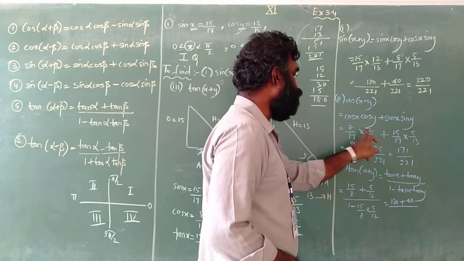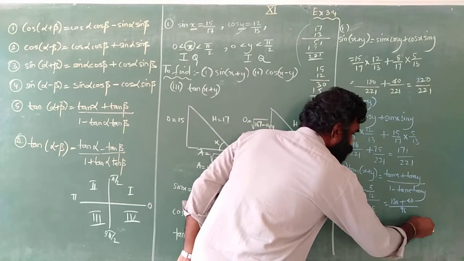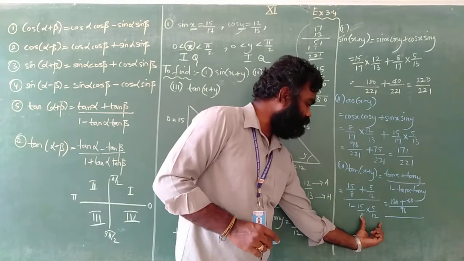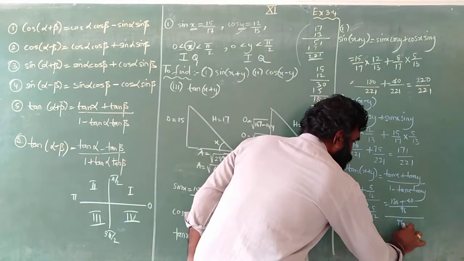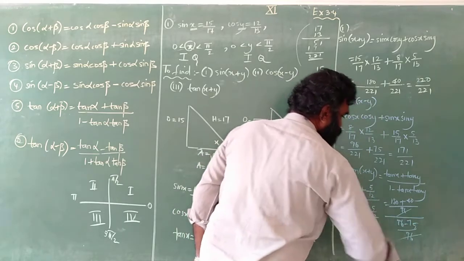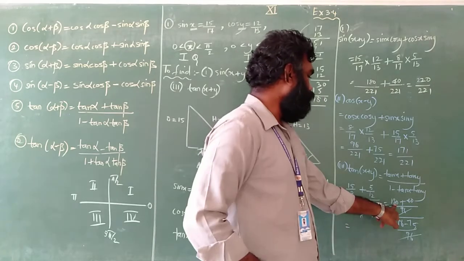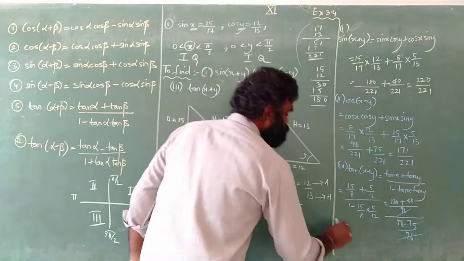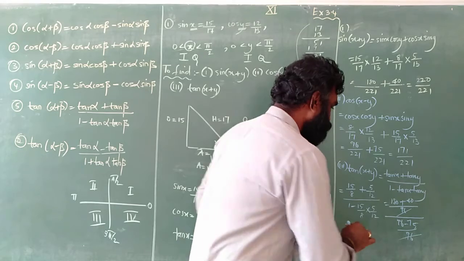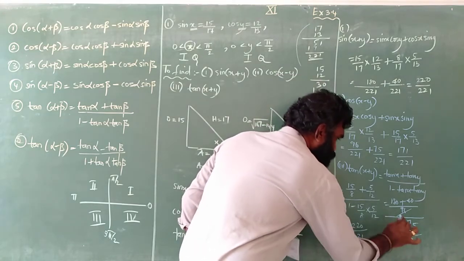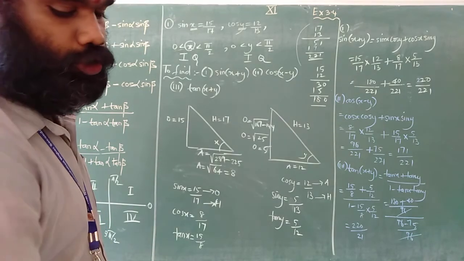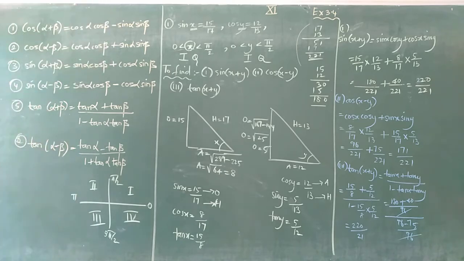We have done 8 into 12 here only, 96, whole divided by 8 2s are 96. Cross multiply, 96 minus 15 5s are 75, divided by 96. 96, 96 gets cancelled. It is equal to 180 plus 40. We have studied 180 plus 40 is nothing but 220, divided by 96 minus 75. 6 minus 5 is 1. 9 minus 7 is 2. Nothing but 21. So, what is the answer we have got? 220 divided by 21 is the required answer for this sum.